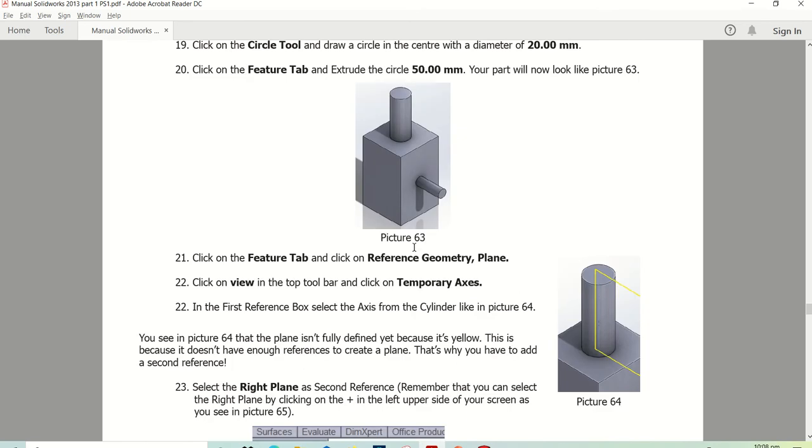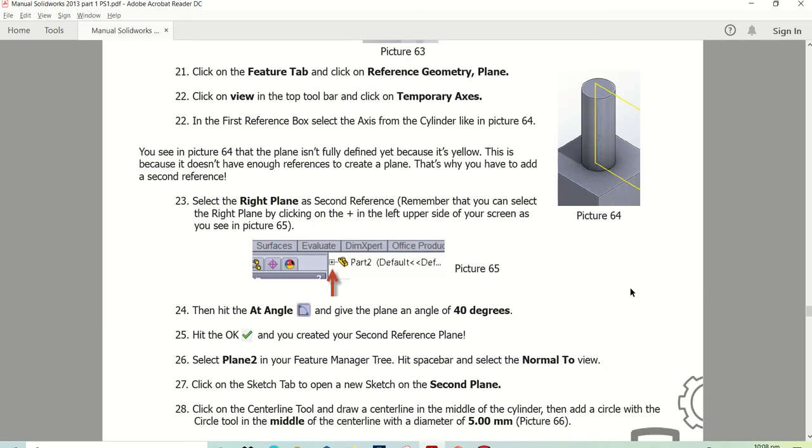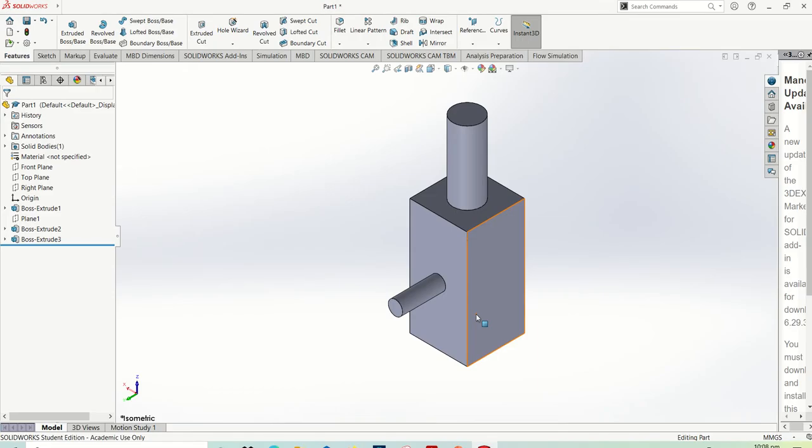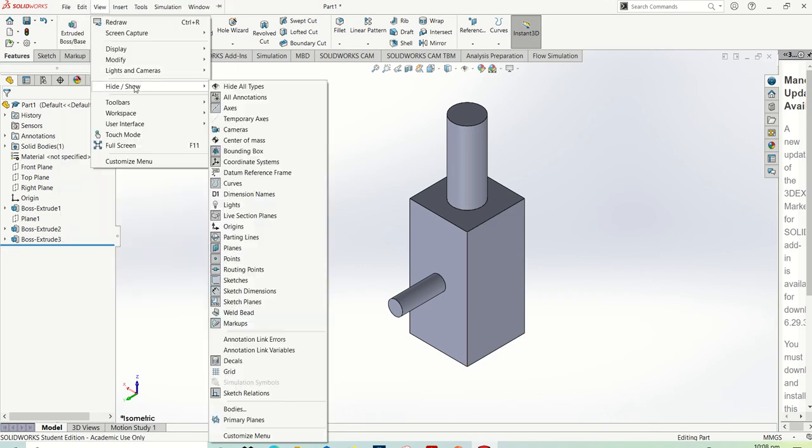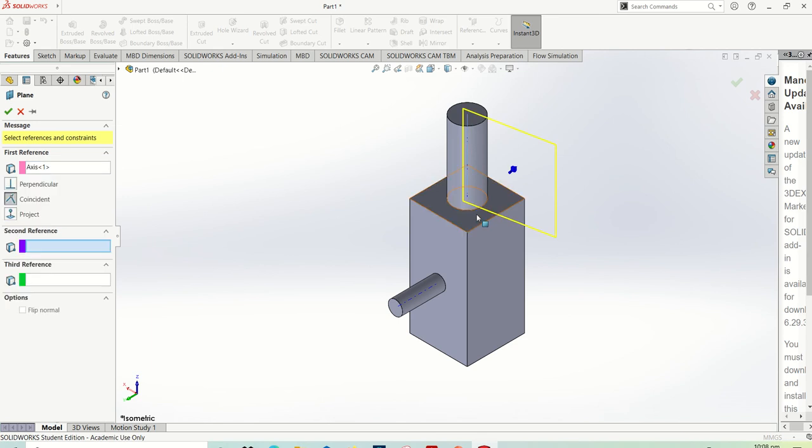Next, we have to create a temporary axis, wherein we create a plane again by using the temporary axis and another plane. Give the plane an angle of 40 degrees. So we will go to view, hide and show, temporary axis. You can see there's an axis shown. So we'll use that as reference. So plane, click the axis, and we have to select